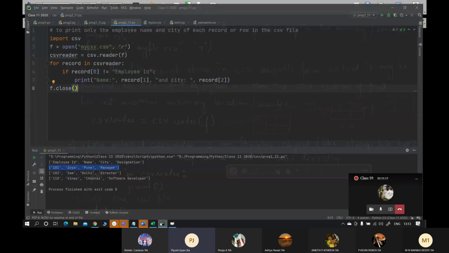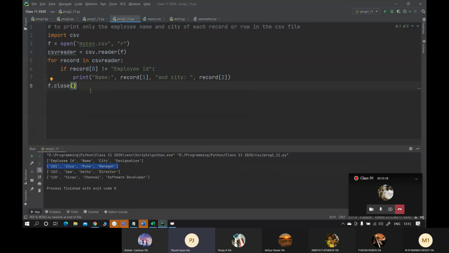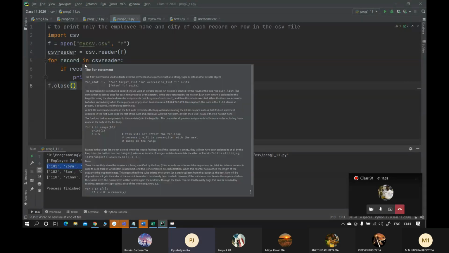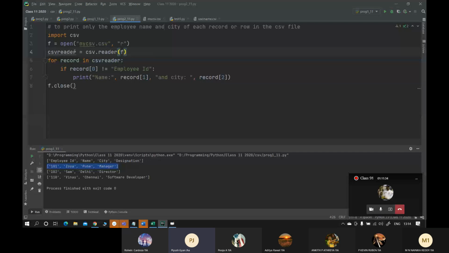So I hope it is working. Were you able to create the file or read from the file? No, sir. I have to create now. Acha, you will create now. Okay. Anyways, give it a try. See if it is not already existing.